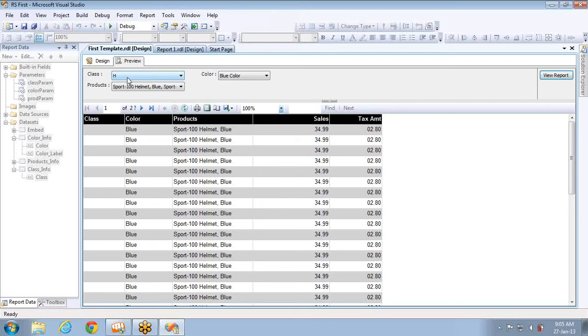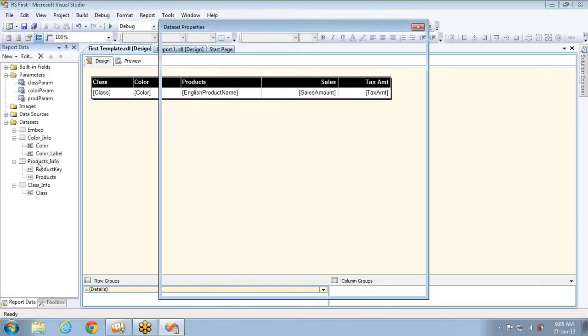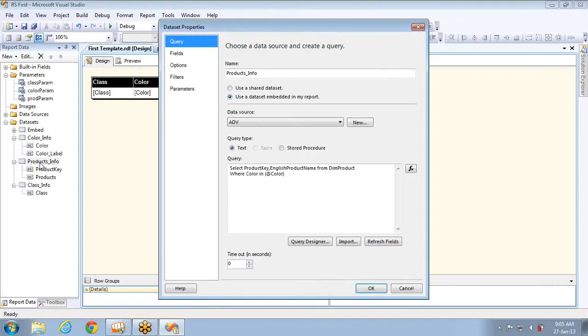Now, as I told you a couple of minutes back, it is not mandatory that second one should be dependent on first and third one should be dependent on second. You can also make it as third one can be dependent on first one. It all depends on your requirement. If you want to filter the products that belong to the class H, then you can simply do that. Which one is loading products parameter? That is products info.